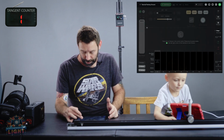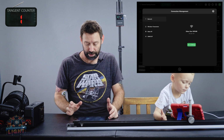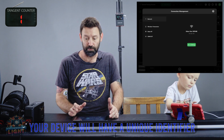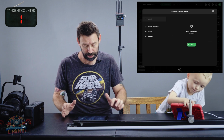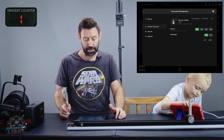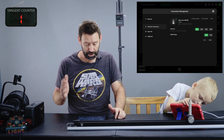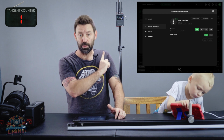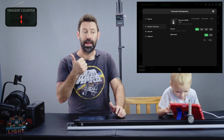So if we click on the top here where it says Sidus Bluetooth DMX, you see a little Wi-Fi symbol, which should mean that we are connected. So you can see under network, it is saying Sidus One 10F04E. If we had not done that step, it would show no connection. Wireless transceiver, you see, is set up to the Sidus One. If it's not, you can configure a wireless transceiver. Ours already is, and it should be out of the box. If you set it to an access point, if you connect to the Wi-Fi, this is also a good point to mention. Make sure you are at...